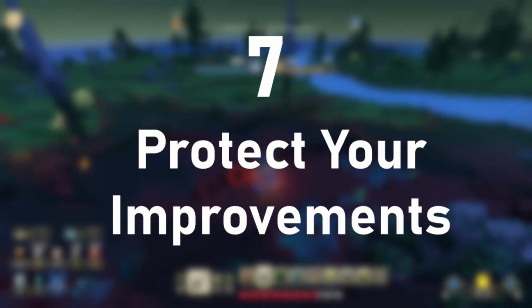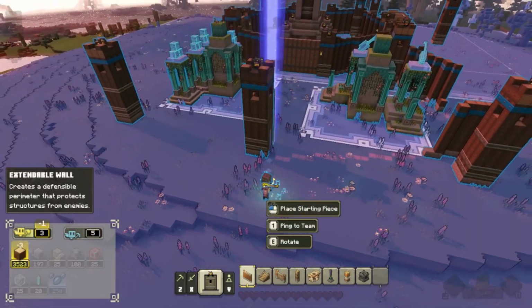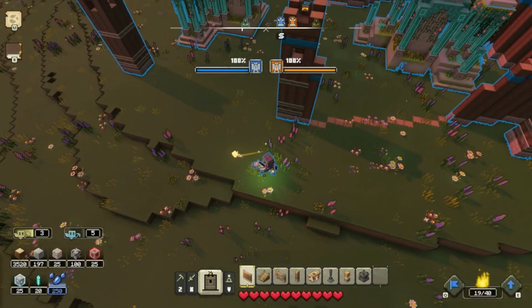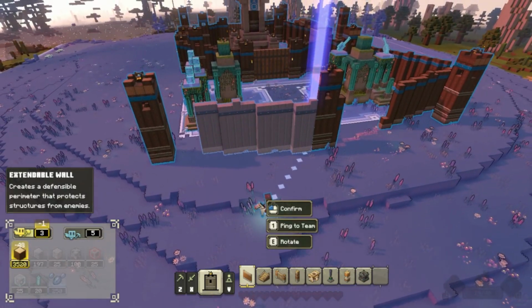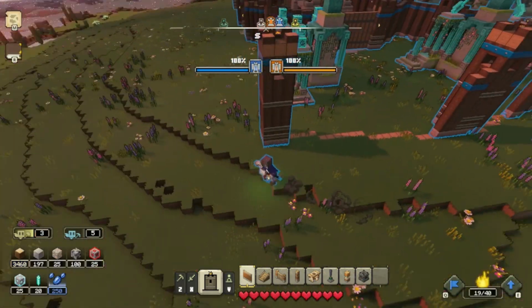Number 7, protect your improvements. In most RTS games, having a better economy than the opposing team is possibly the biggest advantage you can have. So a common tactic is to try and attack the enemy's workers and economic structures to try and get that advantage. In Minecraft Legends, your opponents can't directly attack your Allays, but they can still hamper your economy by destroying